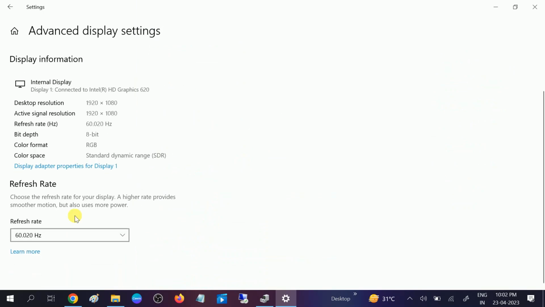After that you need to go to the refresh rate option here, and you need to switch to a lower one. Okay, and see if the changes solve your issue or not. If not, you can move to the higher one. Okay, if your problem is still there and not resolved, from here we need to go to